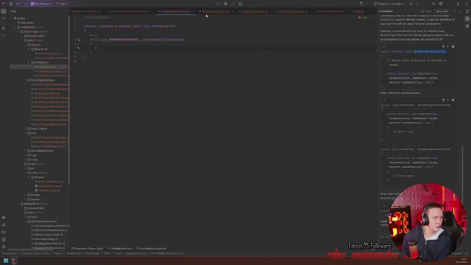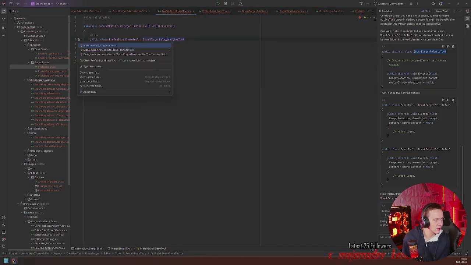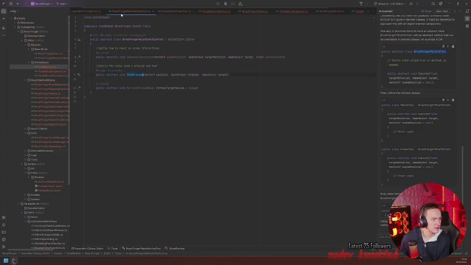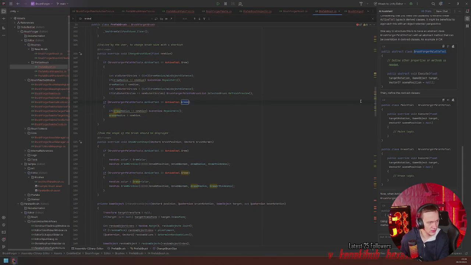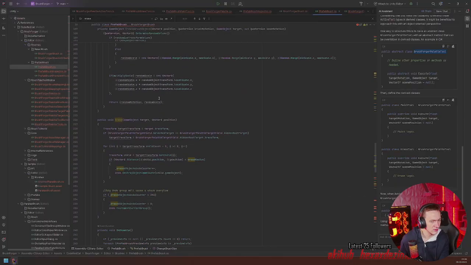And let's go for the erase tool and actually just implement all the missing members. Yeah, let's not throw anything. For the preview, we're not going to do anything with the erase function. And let's see if we can copy over the erase.